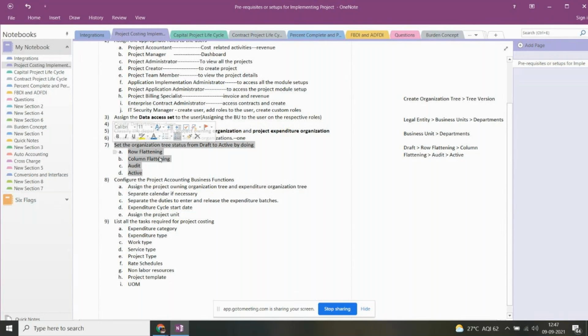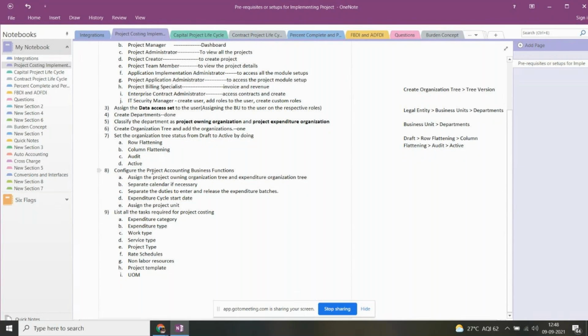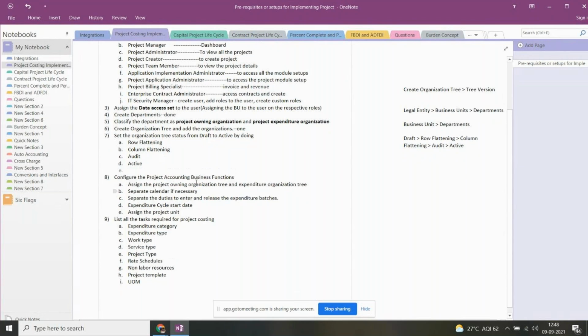Which we have done successfully. Next, before going to this step, I have one more step here. Create project units. This is a new concept, because can anyone explain the enterprise structure in E-Business Suite?